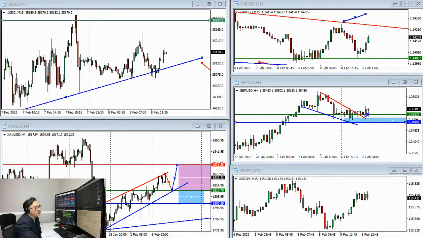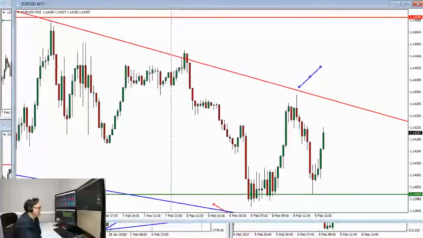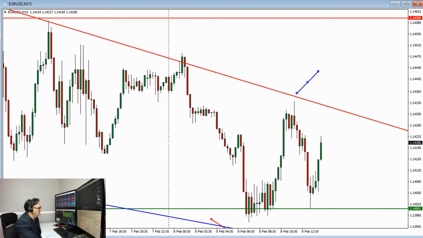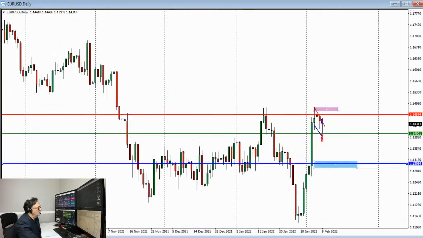Now let's talk about a few currencies. Obviously the first one was euro dollar. I'll talk to you about that, and then I have a nice setup here in cable. That's definitely of interest as well. Sterling, euro dollar. Euro dollar appears to be